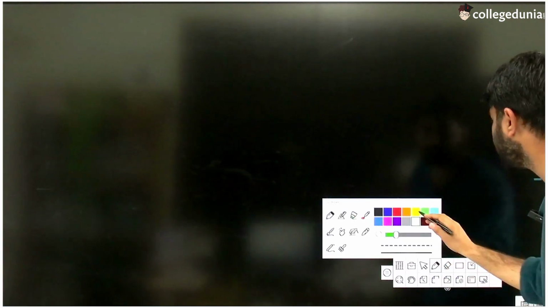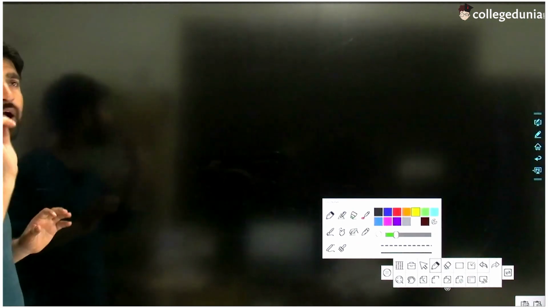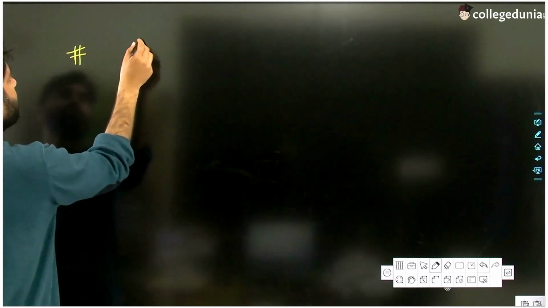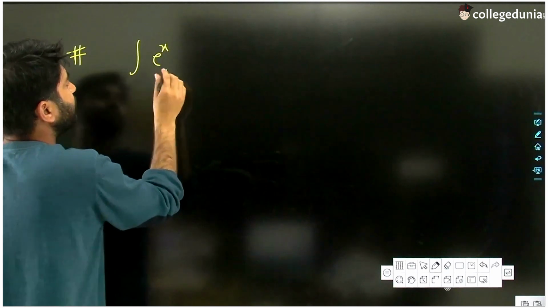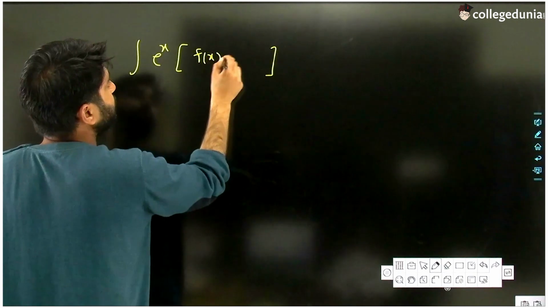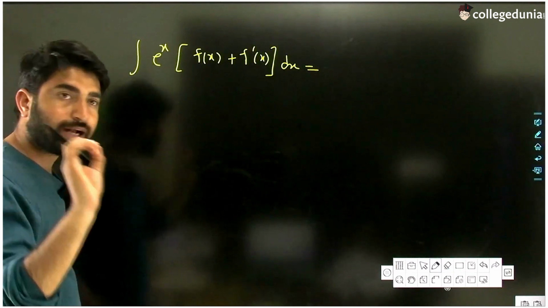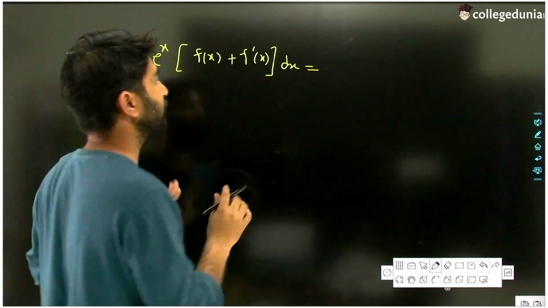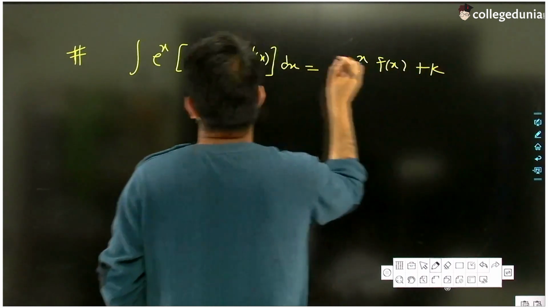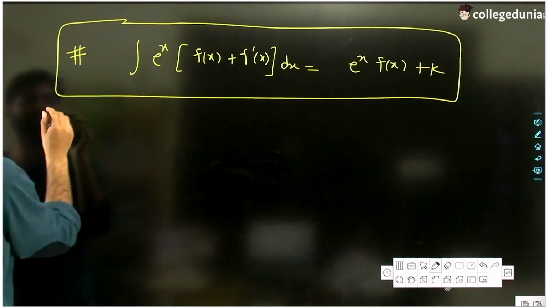Now let me tell you another formula which is derived from by parts rule. Guys, there is a formula that whenever e^x is multiplied with f(x) plus f dash x, we can directly write its integration, which is e^x f(x) plus k. So now the question is, how is this formula derived? So the derivation part is,